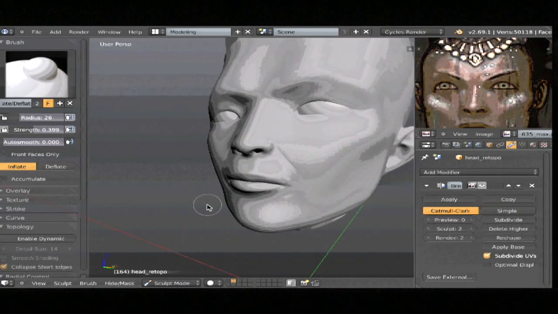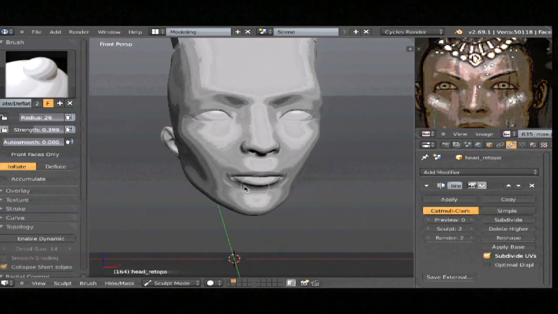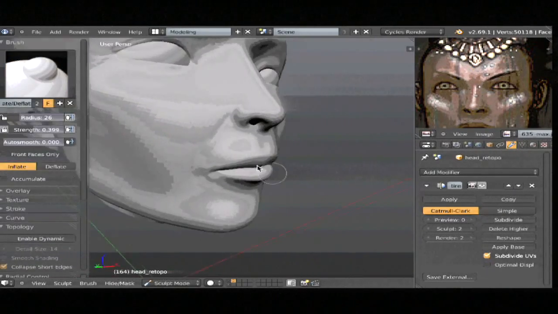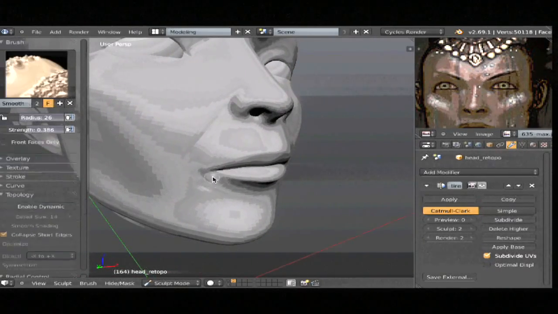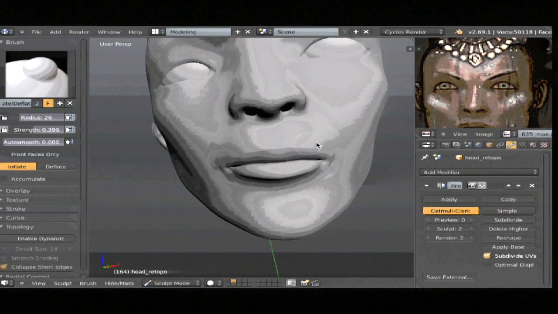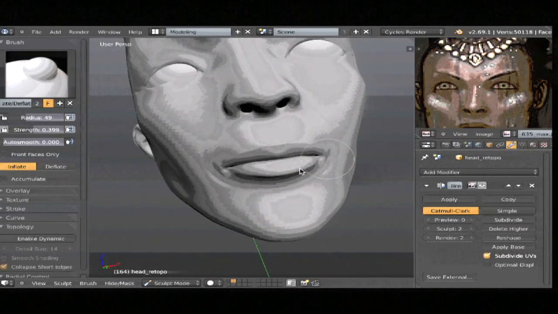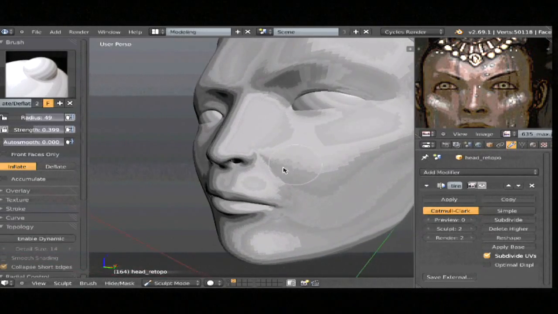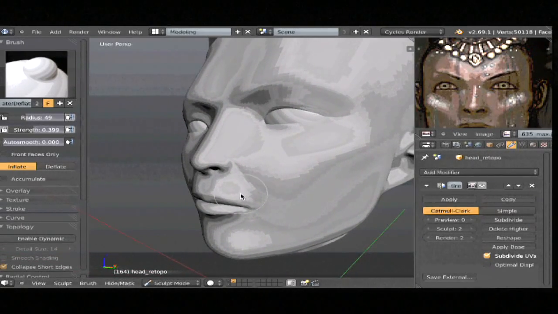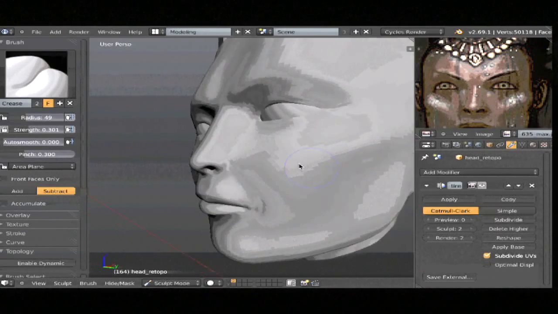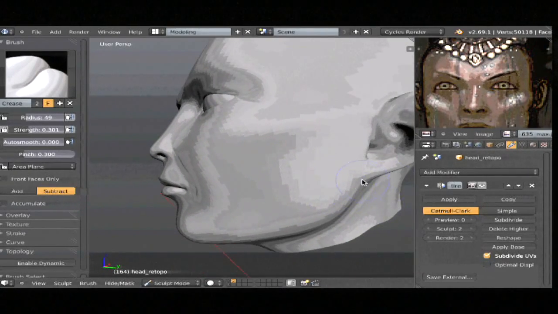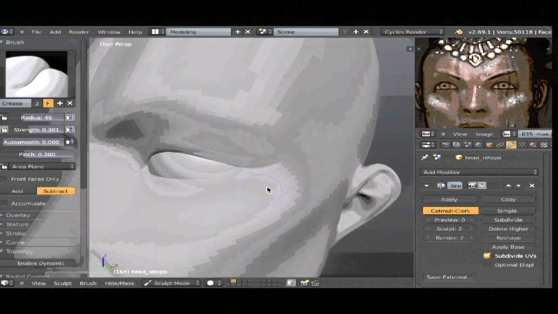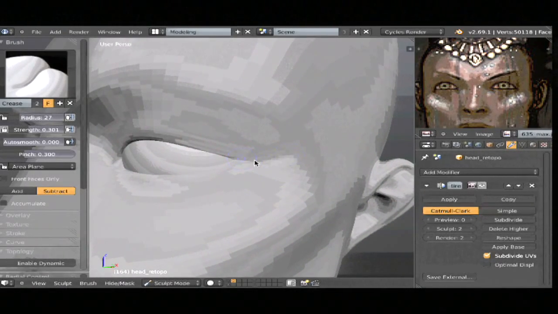So this is, if you really like doing detail work because you like the finished effect, this is really the fun part, because you can just do all of the stuff that otherwise you were trying to tell yourself, no, I don't want to do this yet, I shouldn't do this yet, I'm causing problems. And so you're fairly unrestricted. Main thing you want to try and do is as much work on this level of detail as possible, just because with the multi-res, with the way that it works, you don't really want to go down once you've gone up. You should try and always work on the highest level currently available, just because